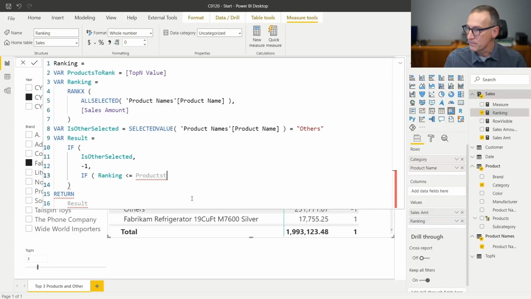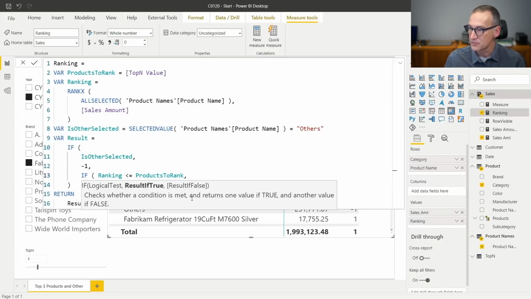Okay. If the ranking is less or equal than the products to rank, then I return the ranking. Otherwise, I return the ranking plus 1.